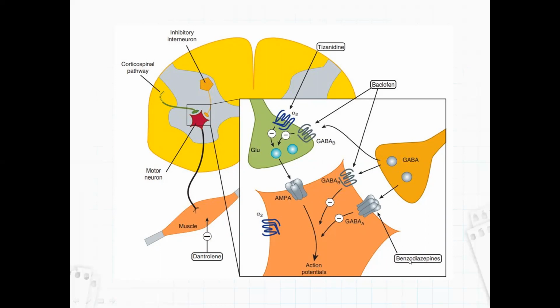But here what happens is these benzodiazepines act on these GABA-A receptors, and they inhibit the action potential which is being created by this glutamate, so that the signal won't be passing to the muscle. This impulse will not be passing to the muscle, due to which contraction will not be happening. Relaxation will happen and the paralysis will happen. That is the mechanism of action of benzodiazepines.